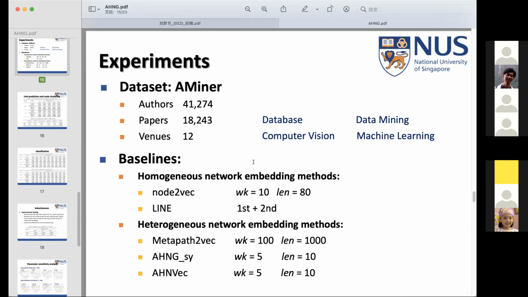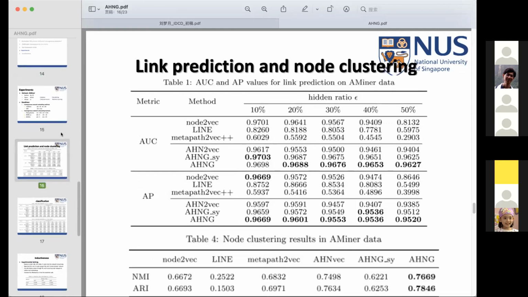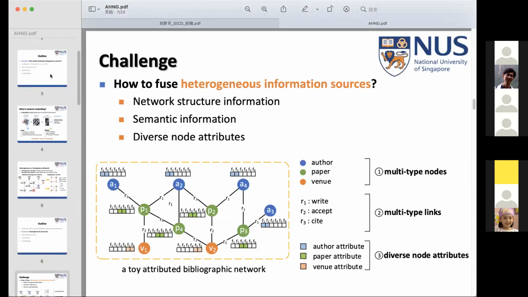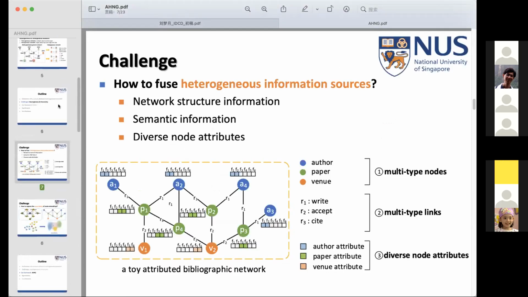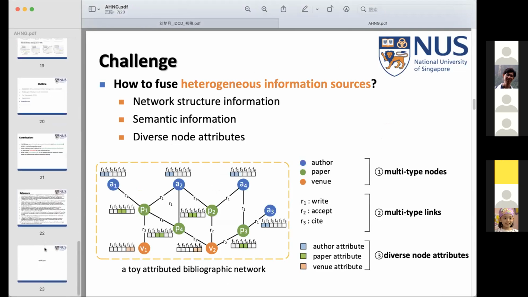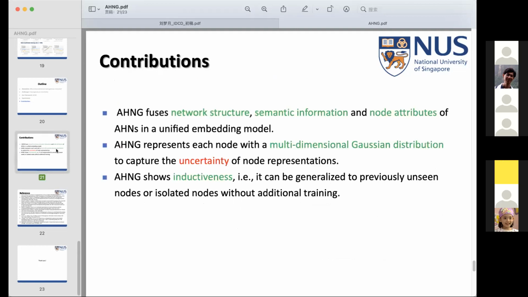Okay, so maybe a final comment here is that anyway, it's a very good, very interesting talk, and we have a very hot discussion. And one thing I still didn't follow, or still have some question about, is whether we can just use a fixed embedding instead of encoding a distribution? That may also make all this function simplified, right? So we do not need to use the KL divergence. We can just, yeah, I think you can just